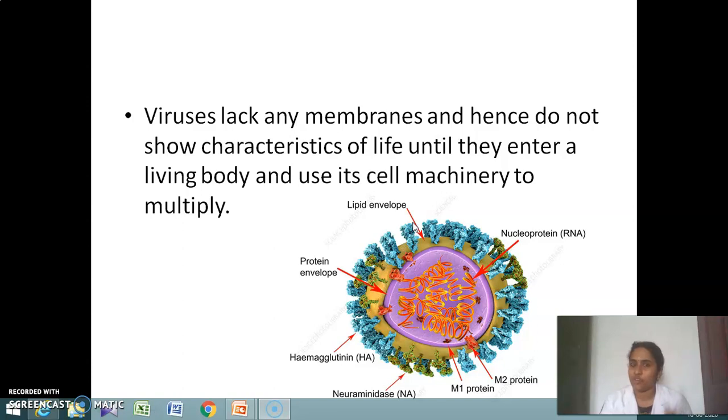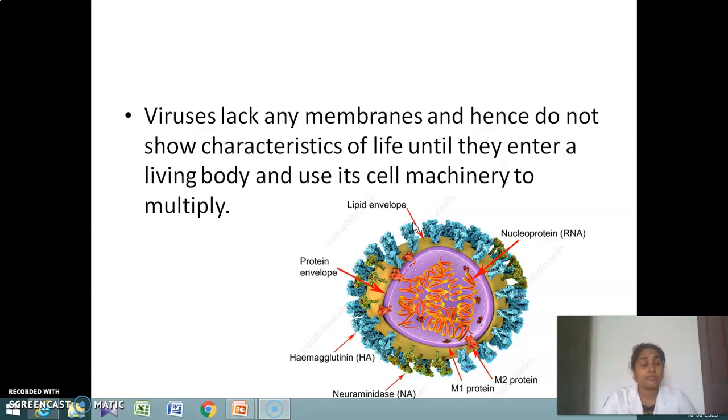But once it gets a chance to enter the body of a living organism, what happens? It becomes living. That is one of the reasons we can't find medicine for it very speedily. Okay, so experiments are going on. Another thing, once it enters the body of the host cell, it copies the mechanism of the host itself because it lacks a cell membrane and all other cell organelles. Here comes the significance of the cell membrane.